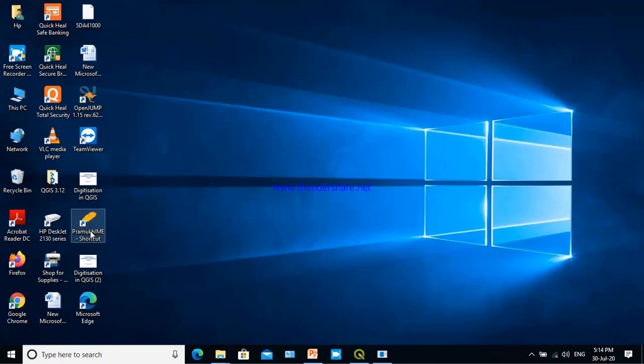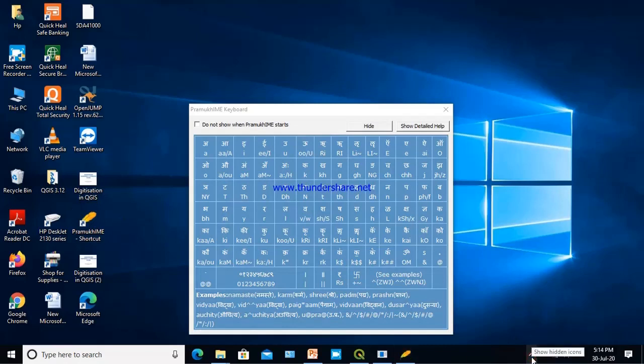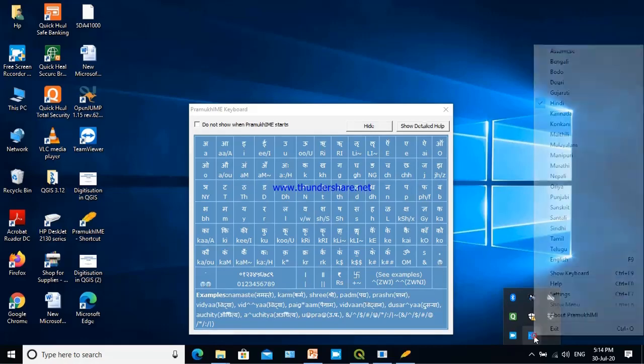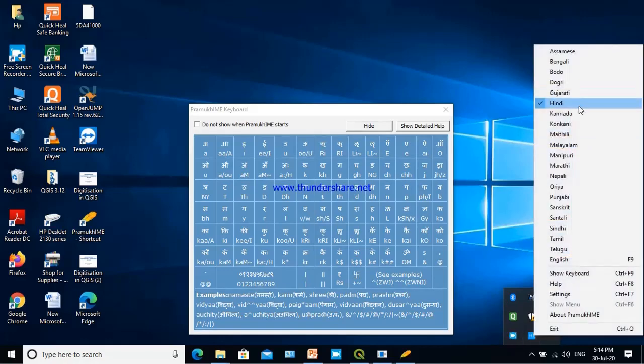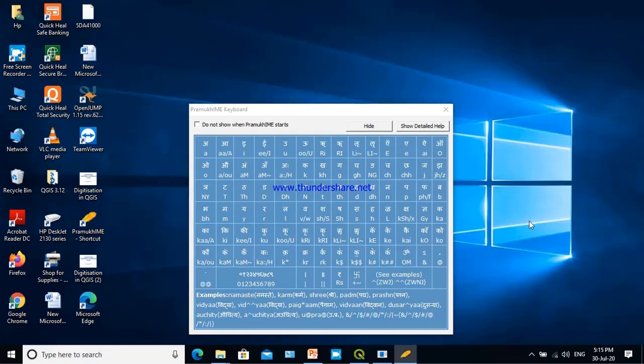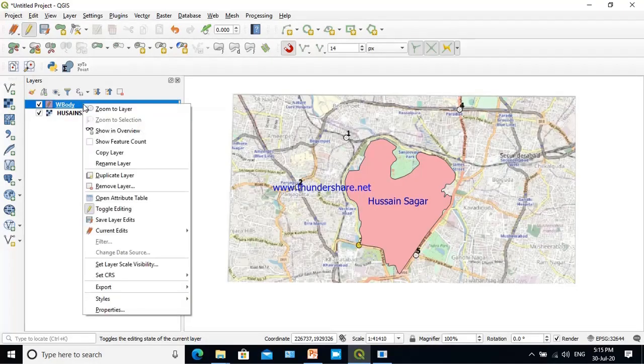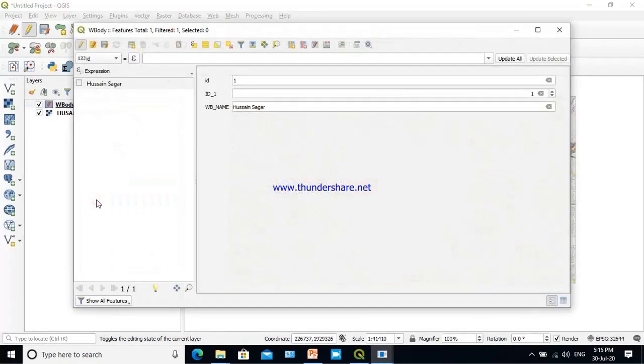You can download it from the internet. All India recognized scripts are listed here. So Hindi is selected for this particular layer. Open the attribute table, start editing, put down Hussain Sagar.